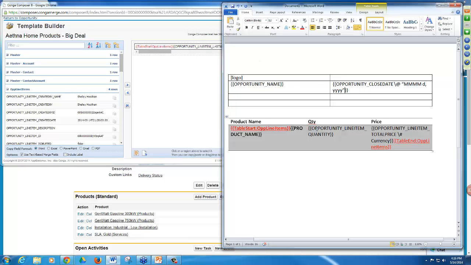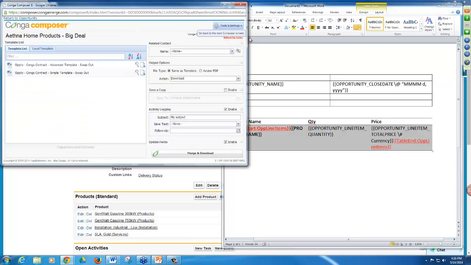Okay, so this is looking pretty good, but what I'm going to do is jump back to the template builder window and show you the fancy one that I had built out before. So here's our simple template swap out. If I hover on this magnifying glass field, it will open the Salesforce record where that's stored. That's our Conga template record. That would be cool, but it's not exactly the most exciting because it's not going to show you the actual Word document. So if I go one spot to the right with the little page and the arrow,